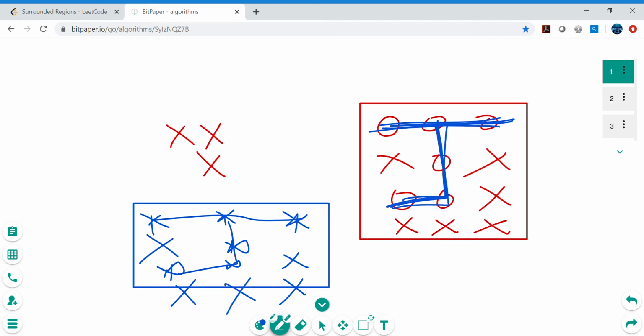This is a two-dimensional matrix, and we can check, is there any star? If there is any star, we can convert it back to O. So this is the way that we convert them back to O. We are just changing them back to O. What does that mean? Because they are on the boundary. And if apart from these stars we find any other O, that means they are not on the boundary, so then we can easily change them to X.